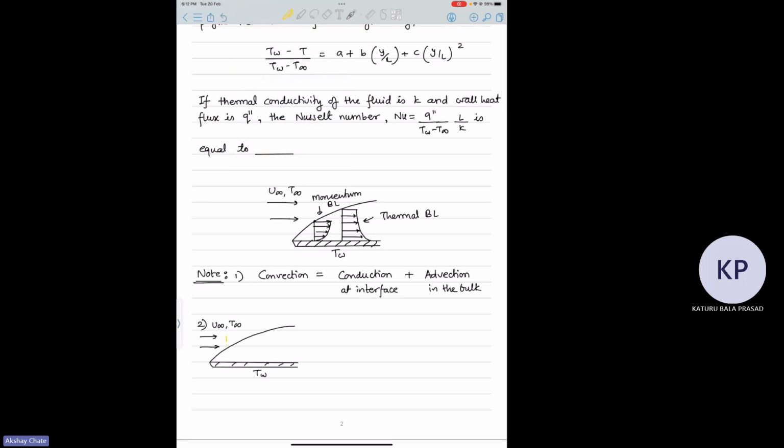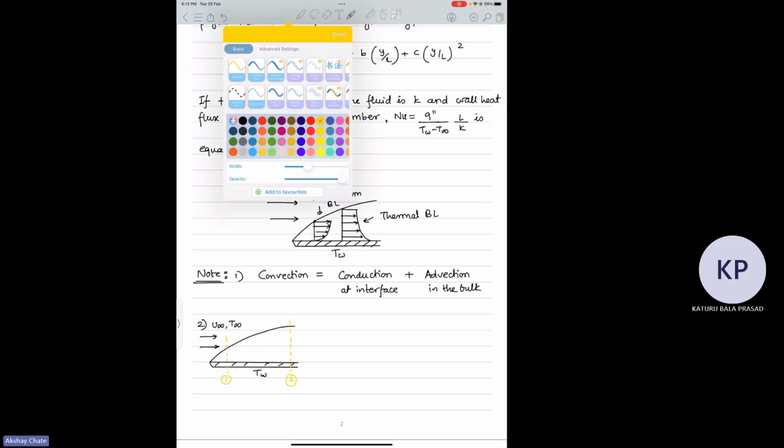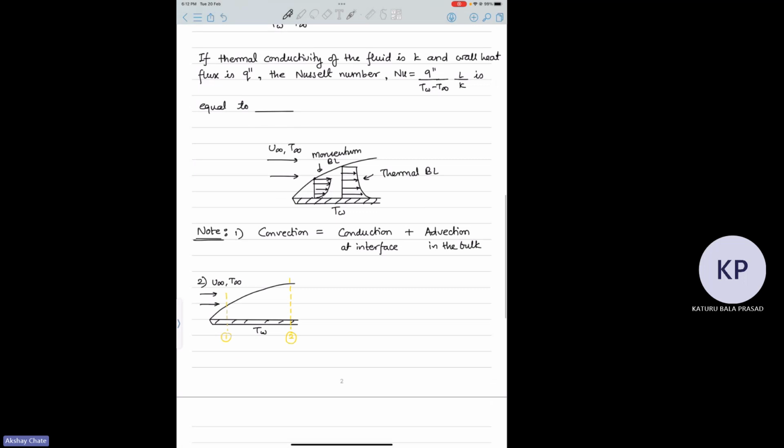So there are two sections. This is your section one, and then at some distance, which is significantly away from your starting edge, there is section two. And this is your x and y coordinates. Typically these are the x and y. I'll not define it everywhere, but this is the accepted convention. So the question was